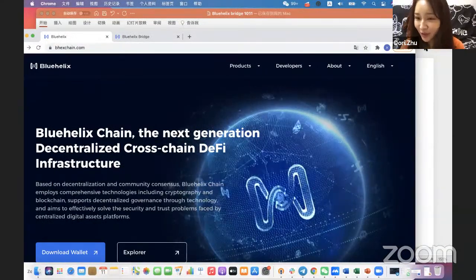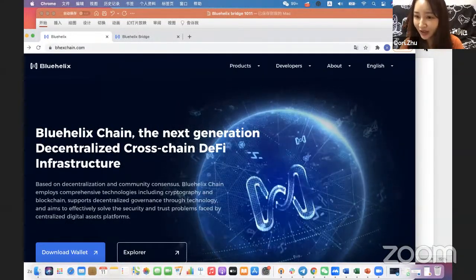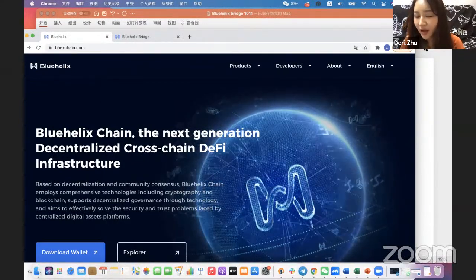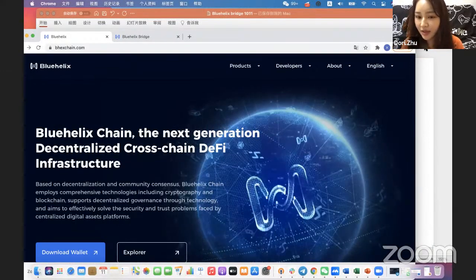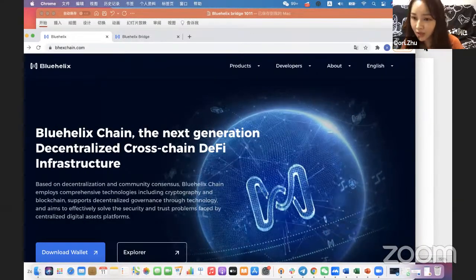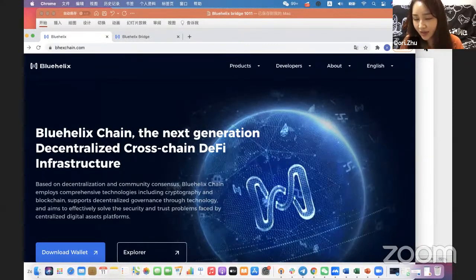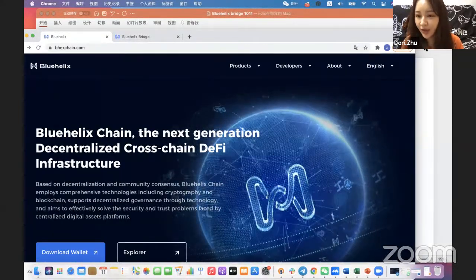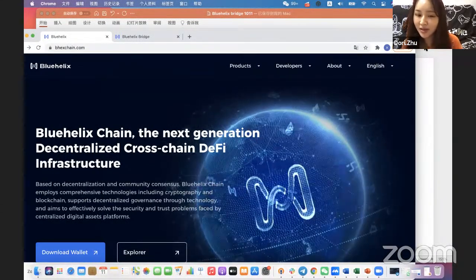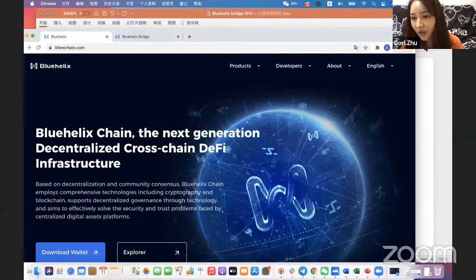First of all, we are totally free. I think it's quite attractive for users because we are free. As you know, the others like Uniswap are quite expensive. And we have an incentive program giving rewards to users who use our Bluehelix Bridge. And second, we totally support native assets. So users will feel safe, as there is no issuing of any new assets, or patched or wrapped assets. We totally support native assets, so it's quite safe for users.